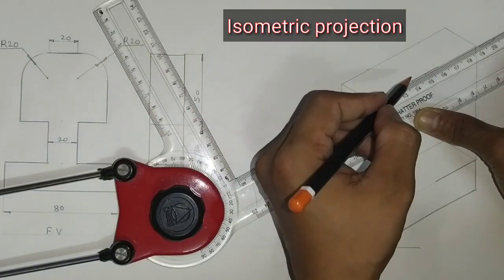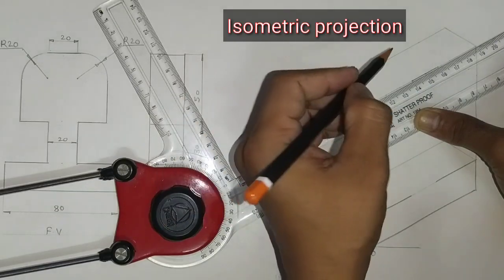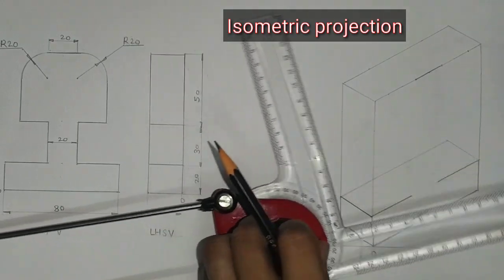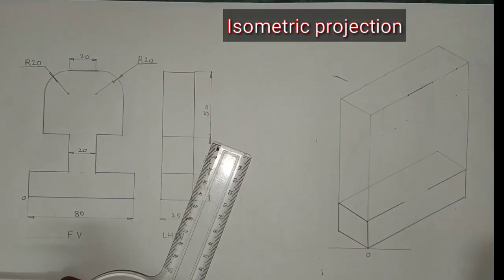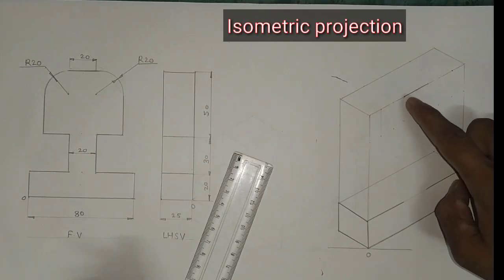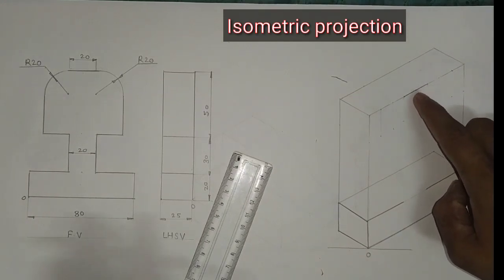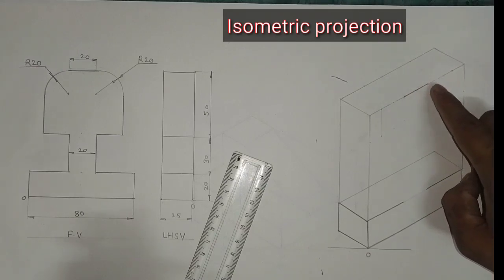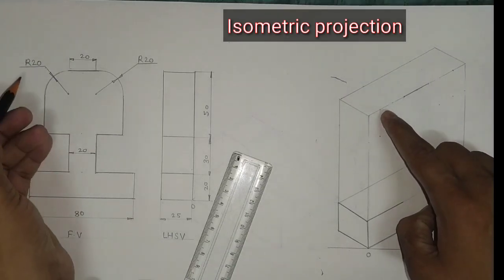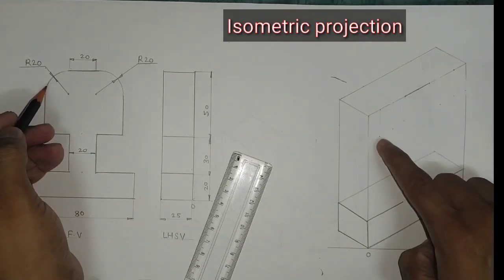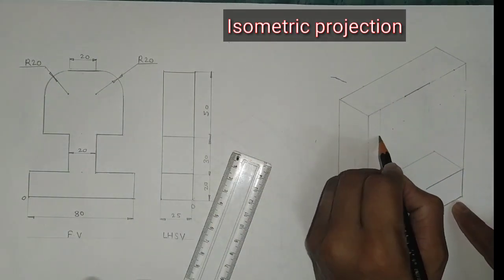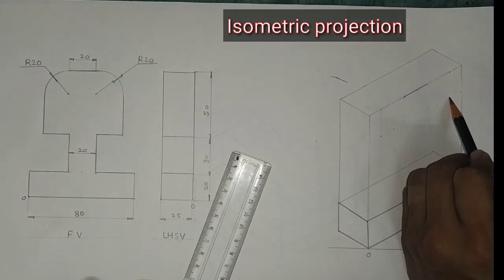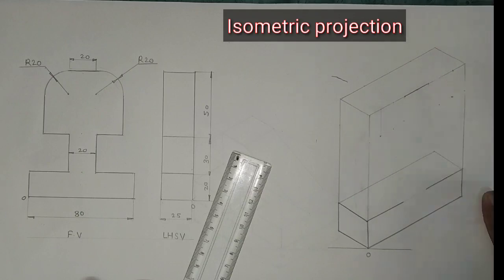After that the radius is 20. So from this point mark 20 mm. Find out the center. Now from the middle take a distance of size 10 mm, left side 10 mm, right side, and locate the points. After that, what is the radius of the quarter circle? 20 mm. Locate another point. So these 2 points are important, these points and these points. Again same, here you take a distance of size 20 mm in the downward direction and mark the points.